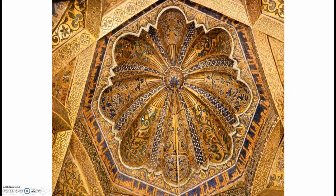But I do not believe there's anything symbolic about this, just because it was said that in the late 10th century, this was a new design put in by Al-Hakim II, the ruler of the city, and he decided to enhance the mosque to be in competition with the Mosque of Damascus. So I do not believe there's anything symbolic about this other than, like I said,